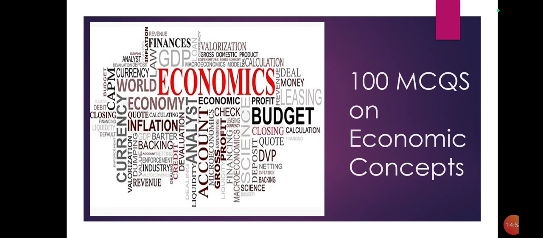Question number 22. Consider the following with respect to green GDP. Green GDP is the term used generally in expressing GDP after adjusting for environmental damage. When information on the economy's use of the natural environment is integrated into the system of national accounts, it becomes green national accounting or environmental accounting. The process of environmental accounting involves three steps, namely physical accounting, monetary valuation, and integration with national income or wealth accounts.